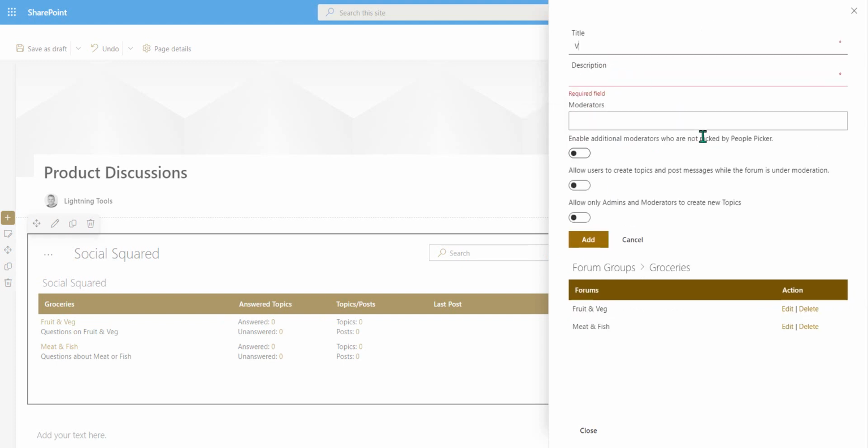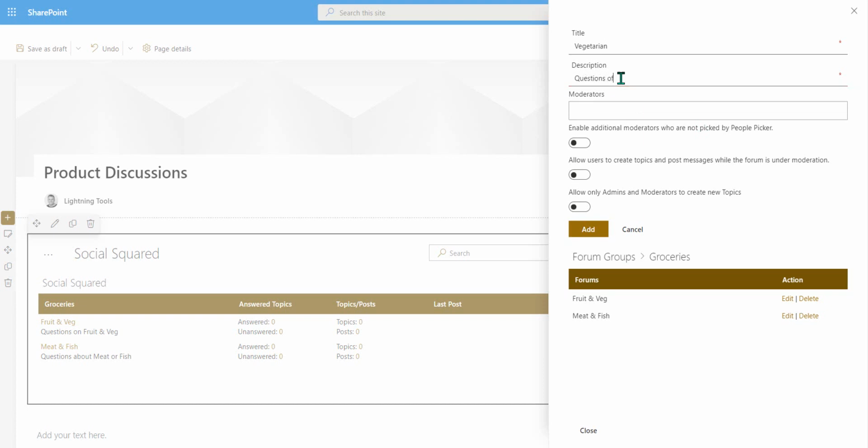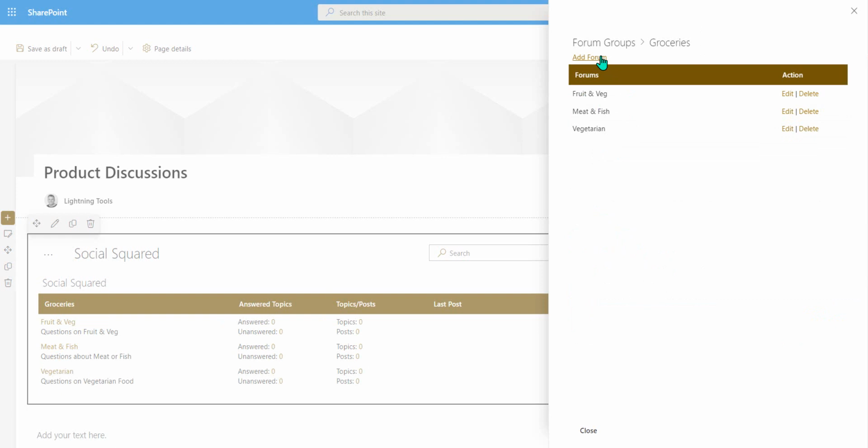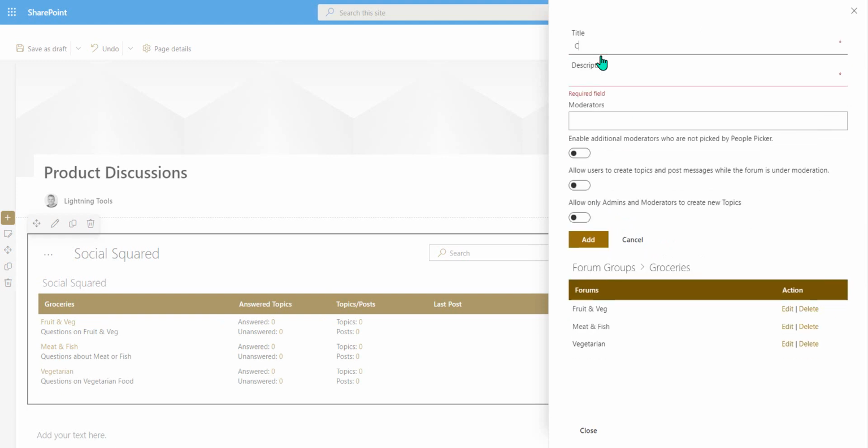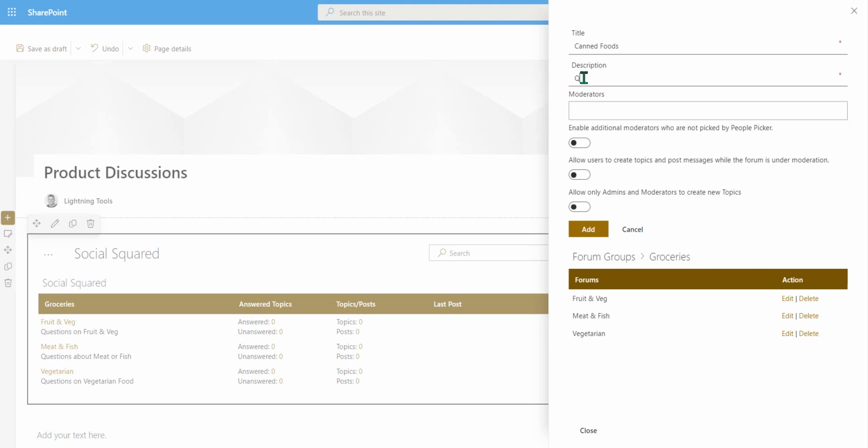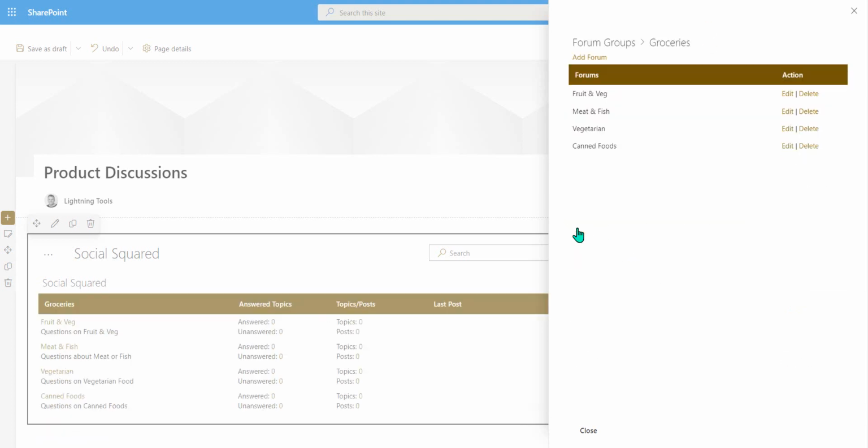We'll create the vegetarian. And again, we'll have questions on vegetarian food. And we could have a different moderator on that one if there was a subject matter expert on vegetarian food. And of course, we can have things like canned foods as well. And however you want to create the structure that would suit the environment. Okay, so they are the forums under groceries, and of course there could be a few more that we come up with,